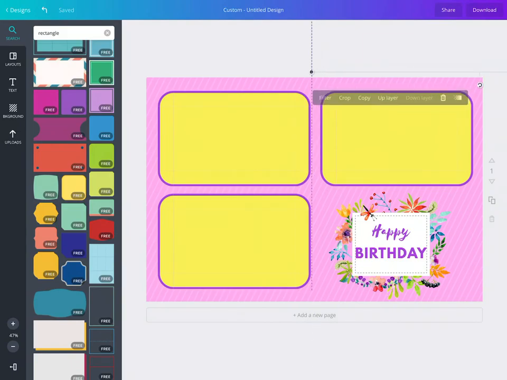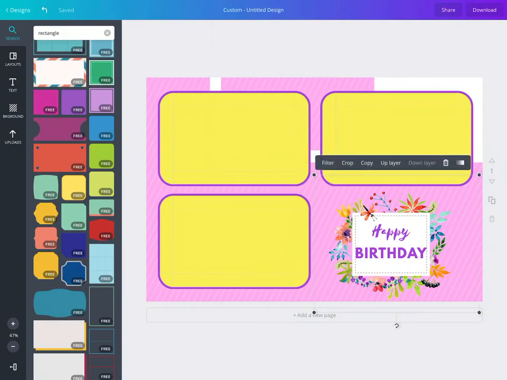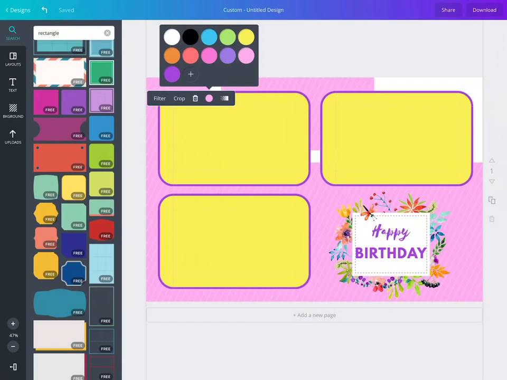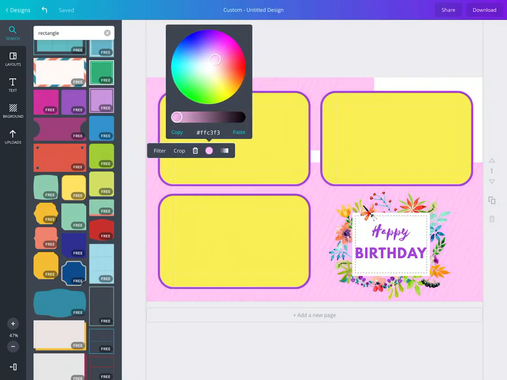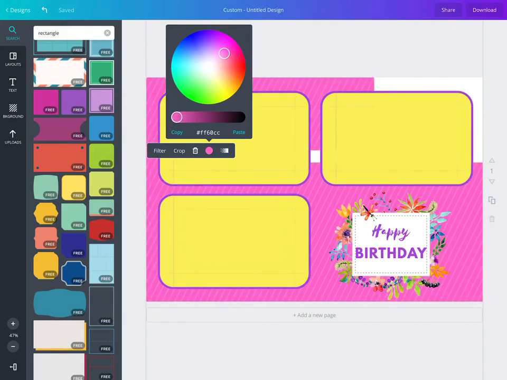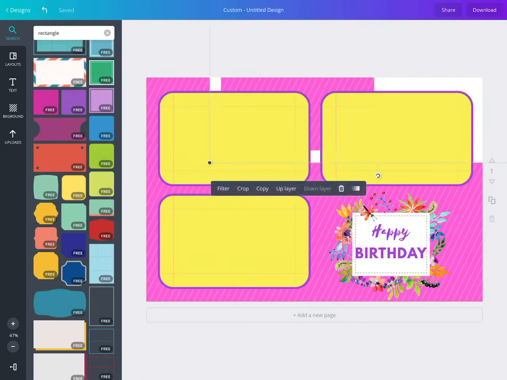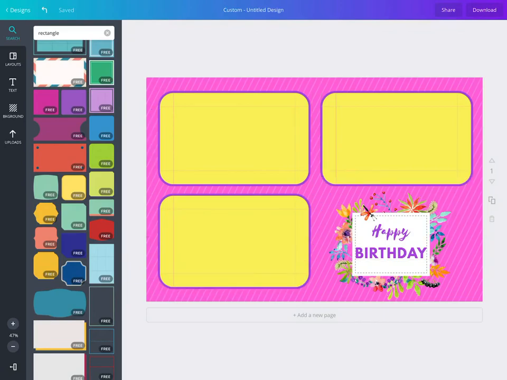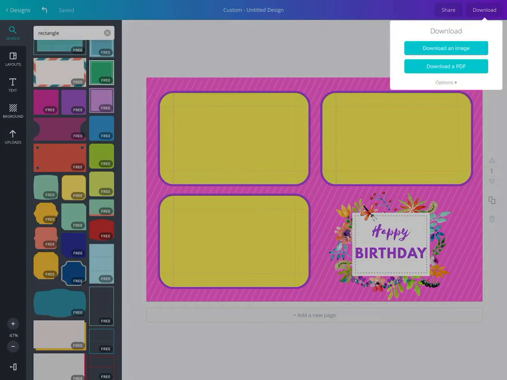So I have some purple elements in there, some pink. I don't quite like the color of this background, so I'm going to click on this pink and make it a darker color. So let's click on the plus here and go a little more saturated. Okay, something like that. Okay, so we have that there, and then we're going to click on this white layer here and delete it. Okay, so this is our layout, and I'm going to go ahead and click on download an image,